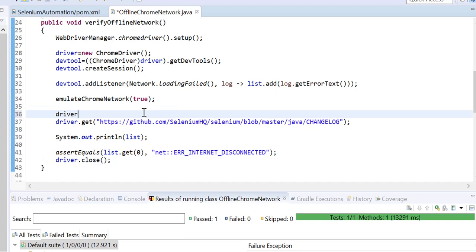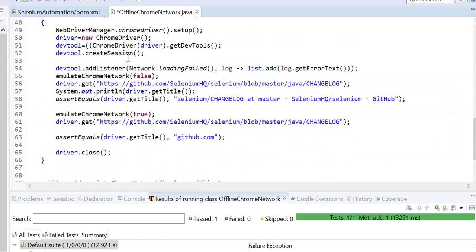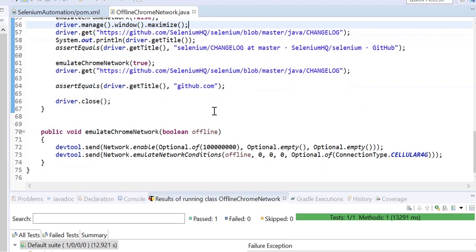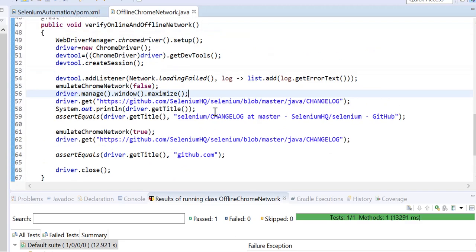driver.manage().window().maximize(), and here I am going to maximize. The same I will do here, and everything is fine. So two test cases are going to execute.